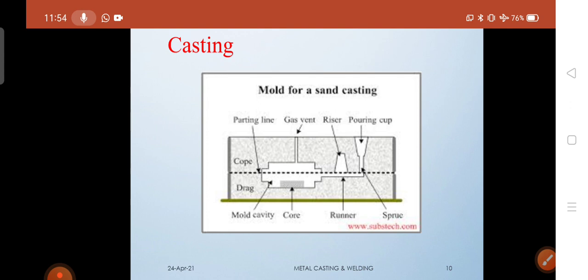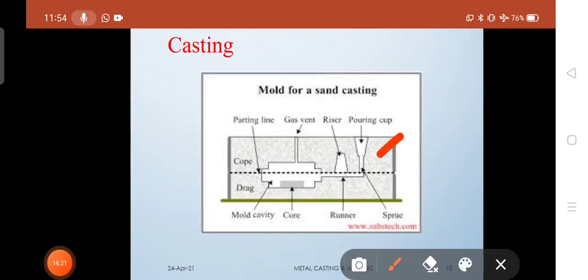The main role of the mold is that it is able to give a required shape. It is going to give the main shape once we use the pattern. So the cavity is going to be formed with the help of this mold. It is also one of the very important materials in a casting process. And here you can see this area, it is all filled with the mold sand.